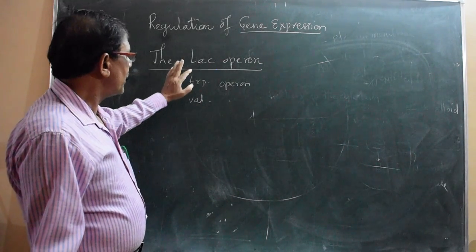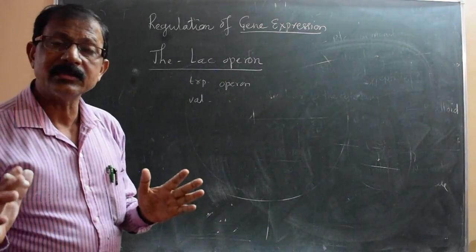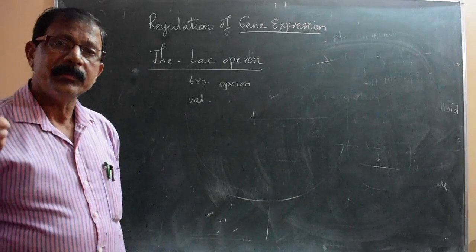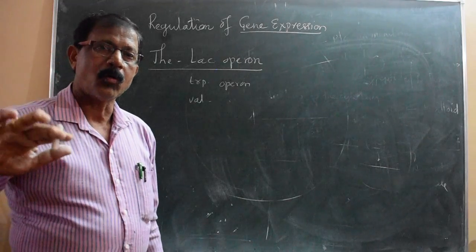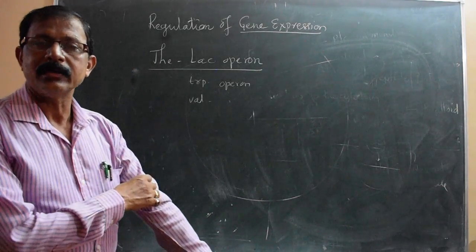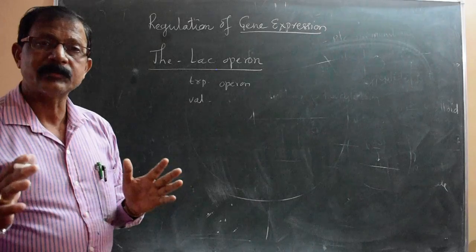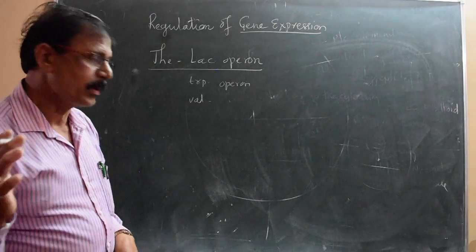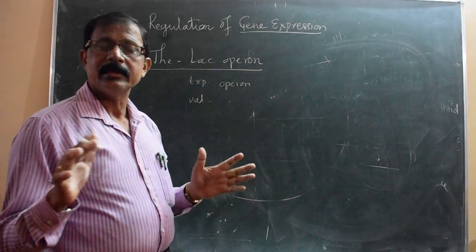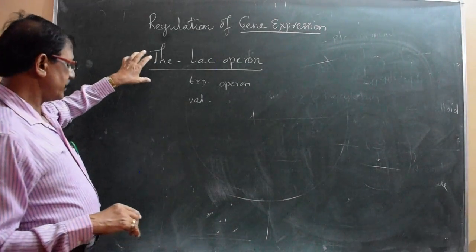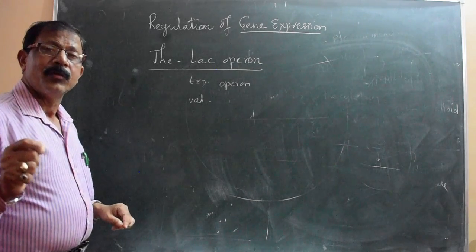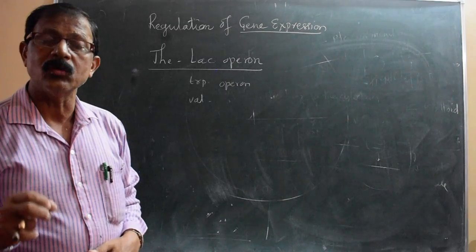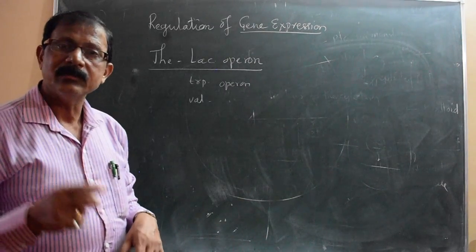So lac ಅಂದ್ರೆ lactose. Like this, different types of operons are there, and these operons mean operating condition, on what basis they operate. And this was first explained by Jacob and Monod. Francois Jacob and Monod first explained this operon system, the details of that operon system, and how the process of transcription and then translation takes place, and what is the role of the enzyme, etc. That will continue in the